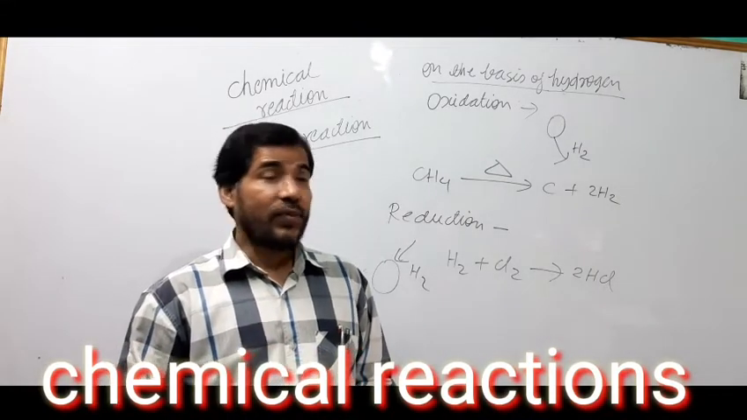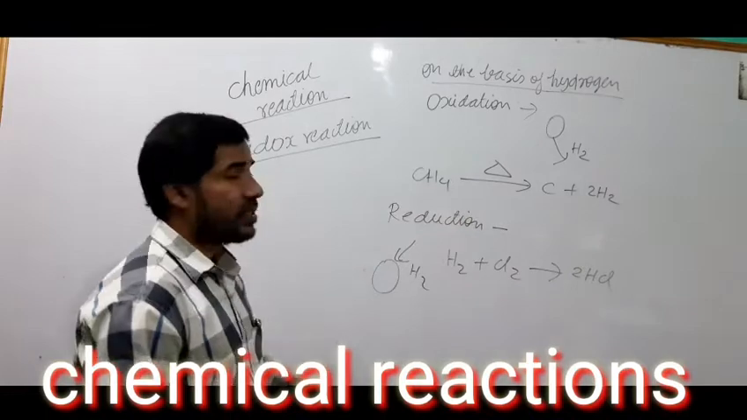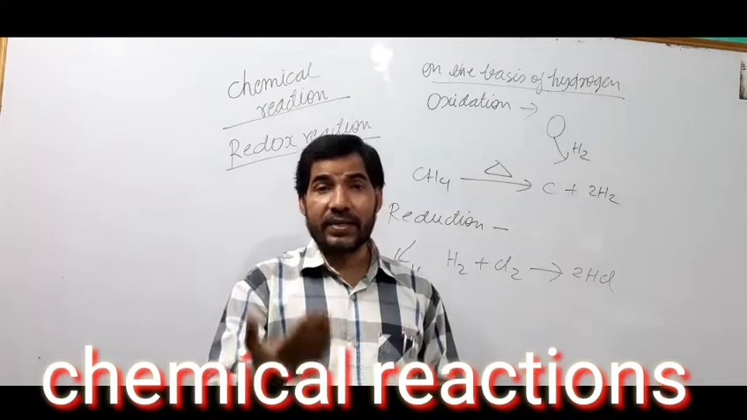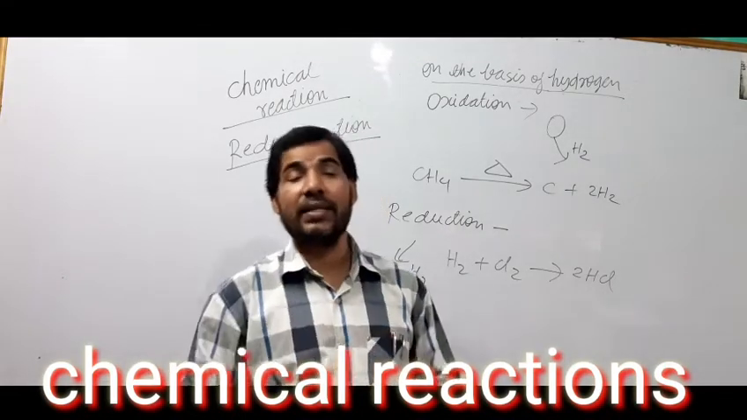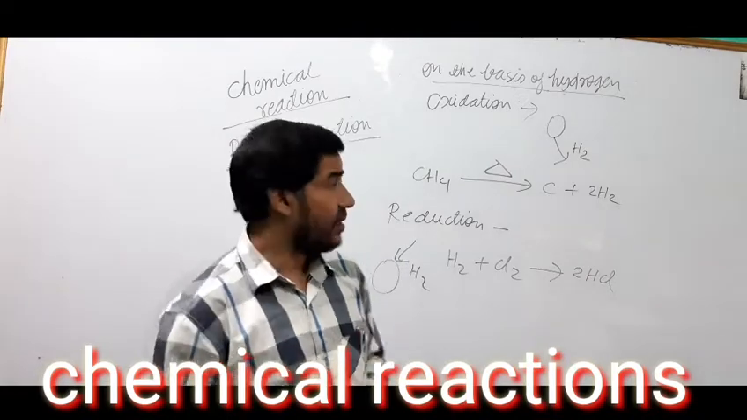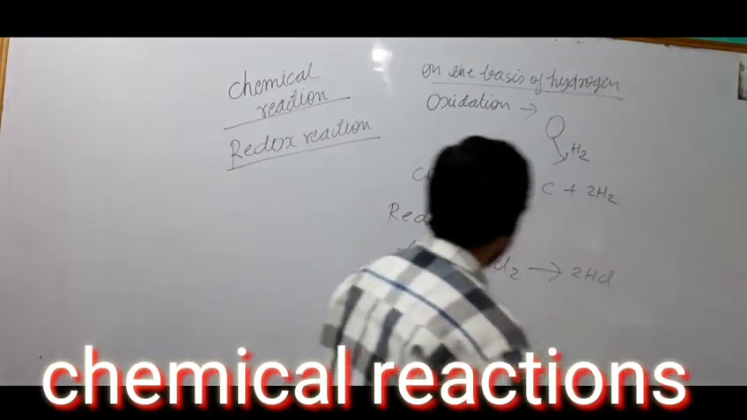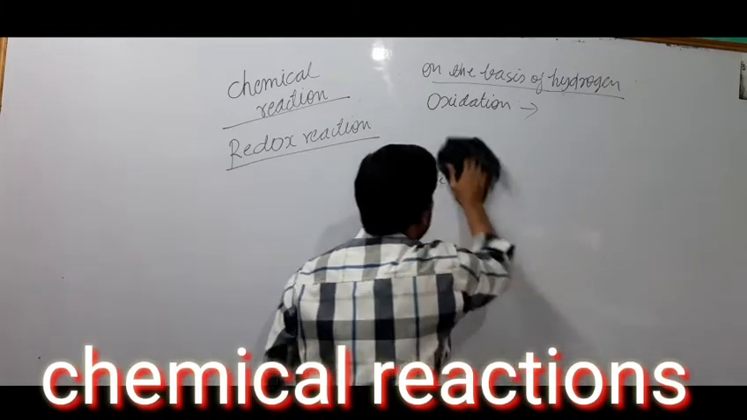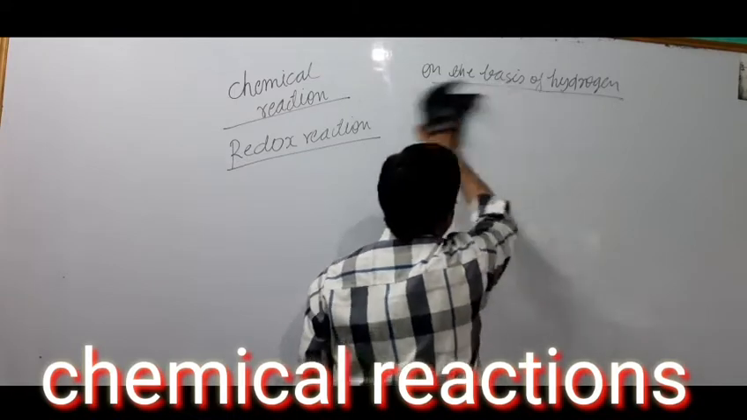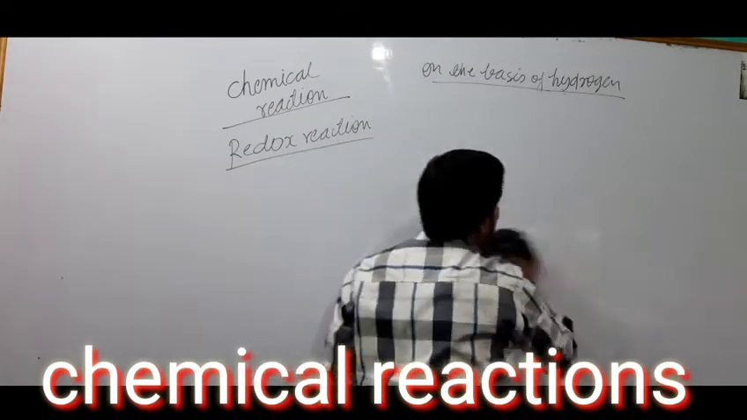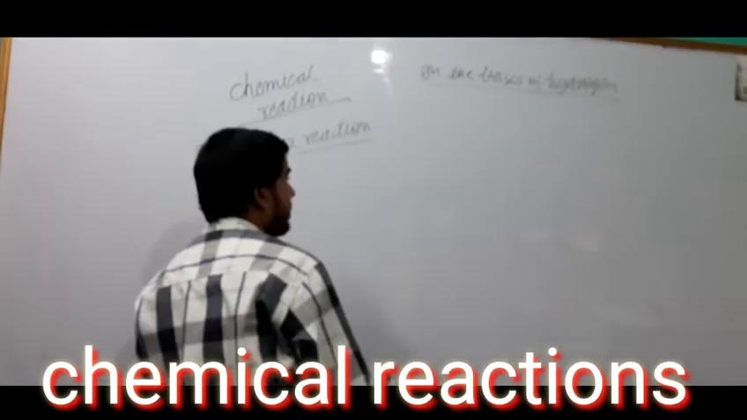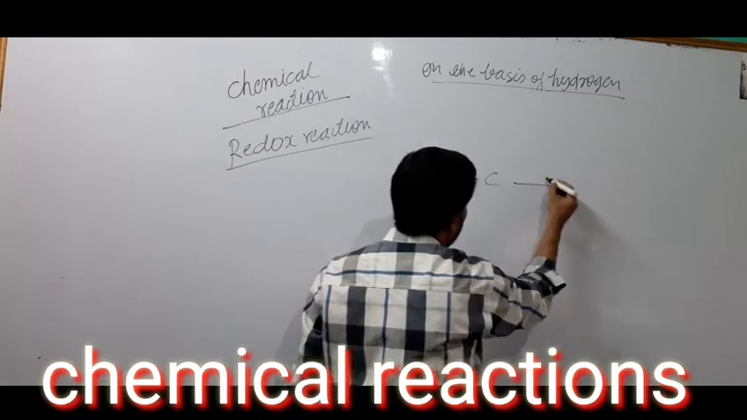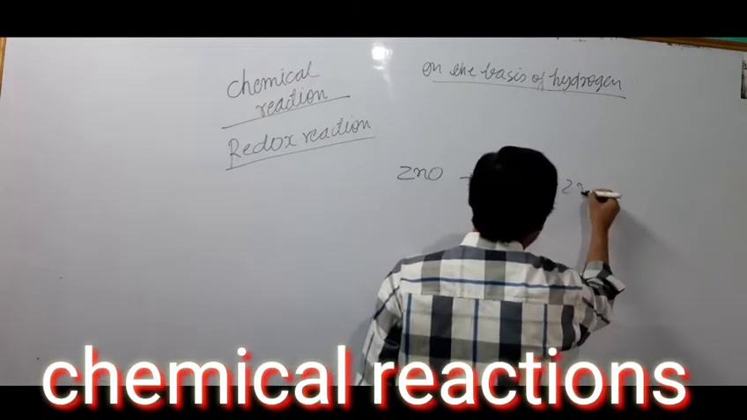Now we'll discuss redox reaction. What is redox reaction? Those chemical reactions in which oxidation and reduction both take place simultaneously are called a redox reaction. And to understand this, we will take an example, and you will see here that oxidation and reduction both are going simultaneously. For example, we will take this example: zinc oxide plus carbon, and they give zinc plus